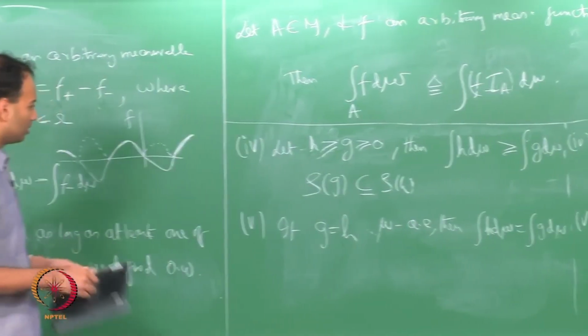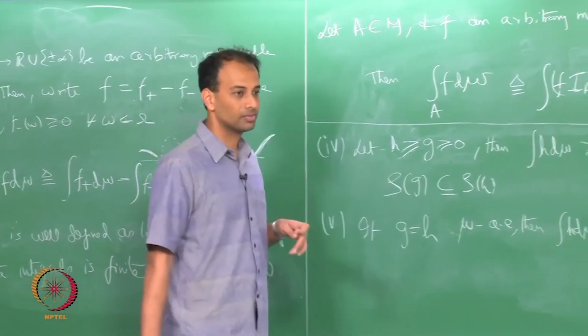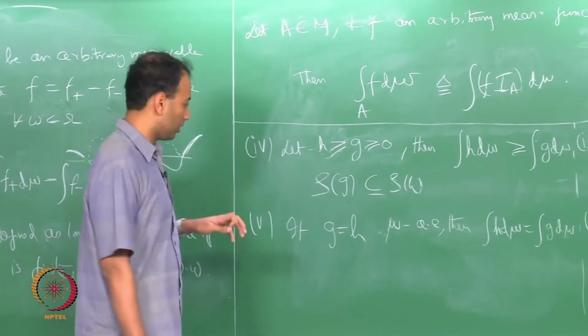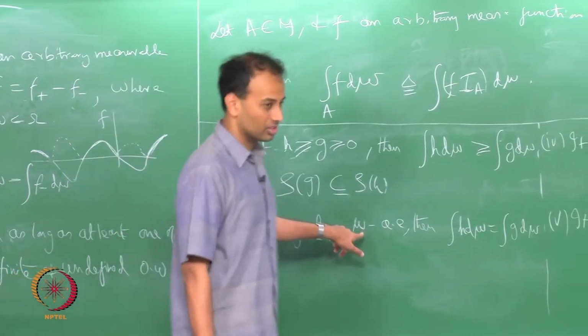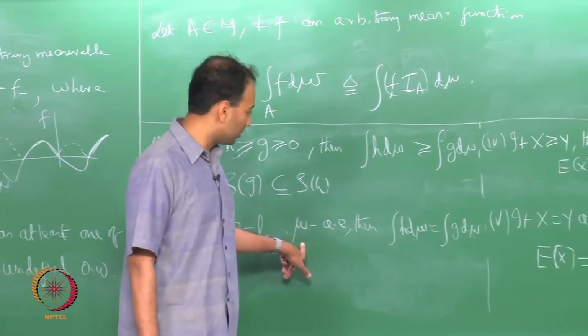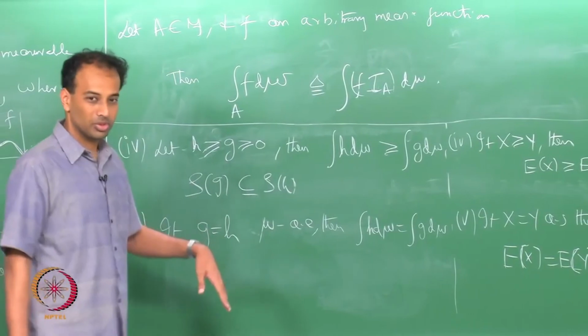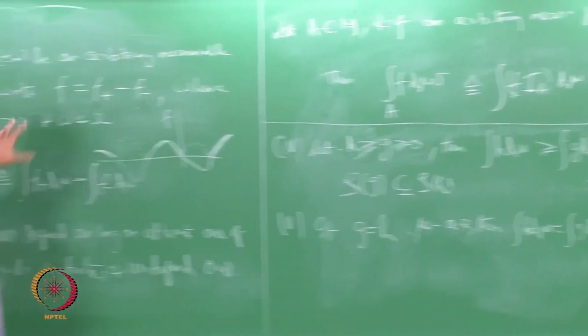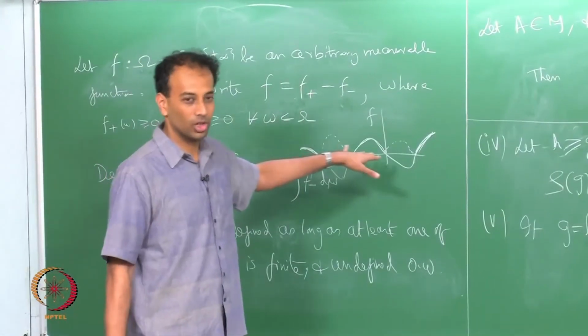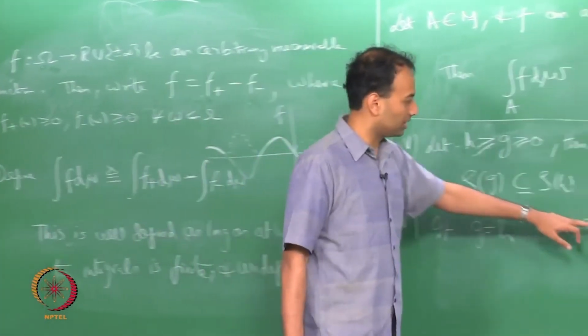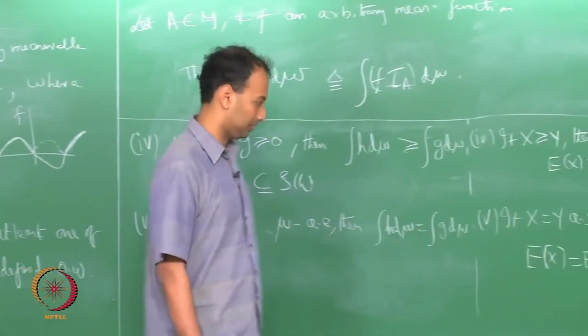This proof again follows from the definitions. Any difference lies in a set of mu measure 0, and for the simple functions, if you try to approximate them, the term where you consider the measure of the set will be 0, and therefore you will find that the integrals are equal.